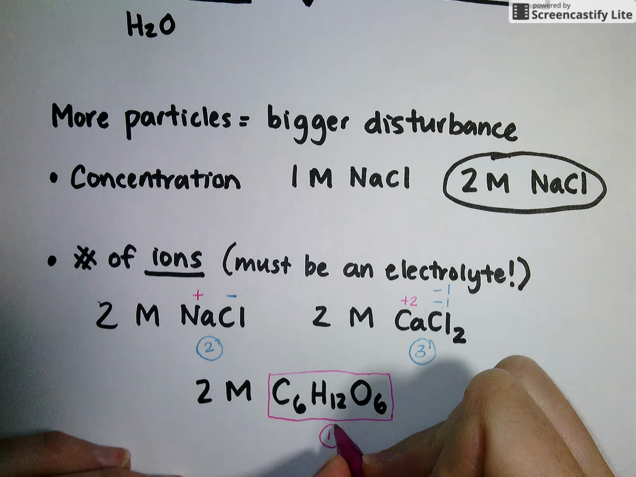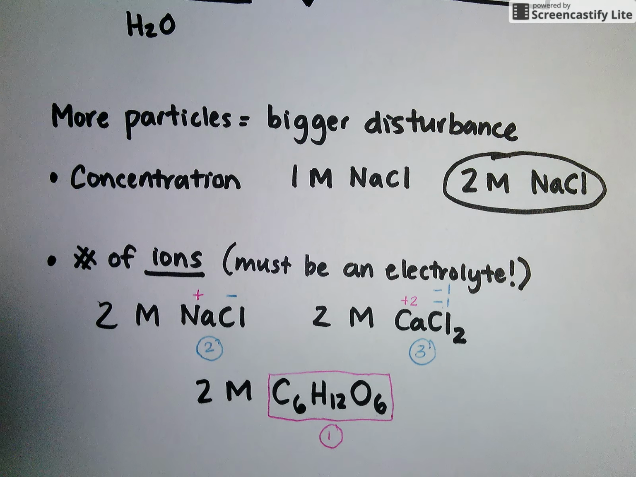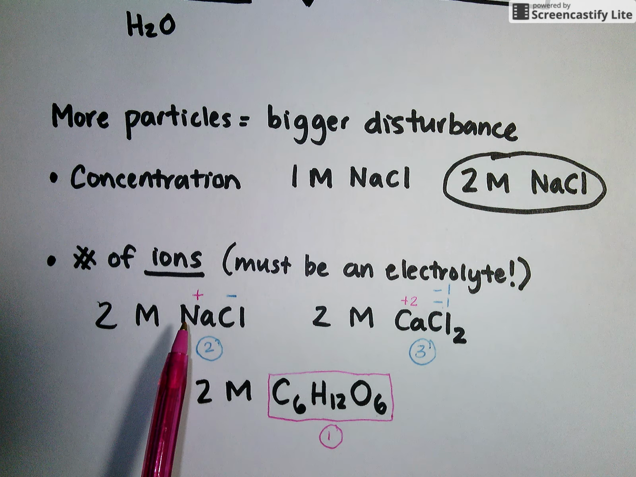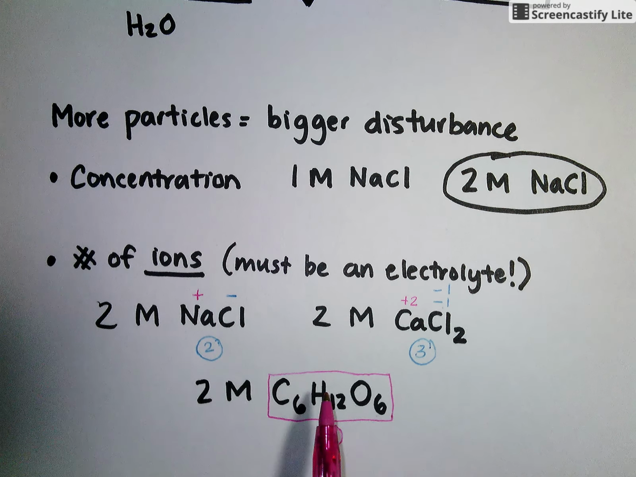So it represents only one dissolved particle, which means even salt water will boil at a higher temperature than sugar water. I hope this helps with this idea of colligative properties, or what happens when you dissolve stuff in water,